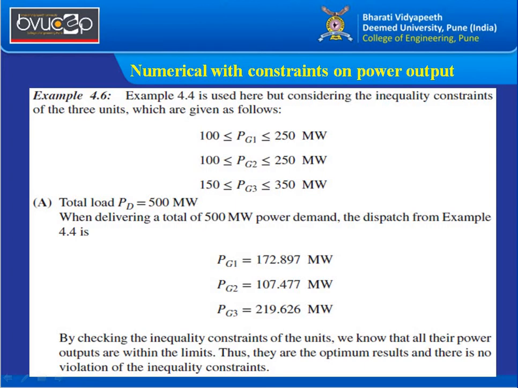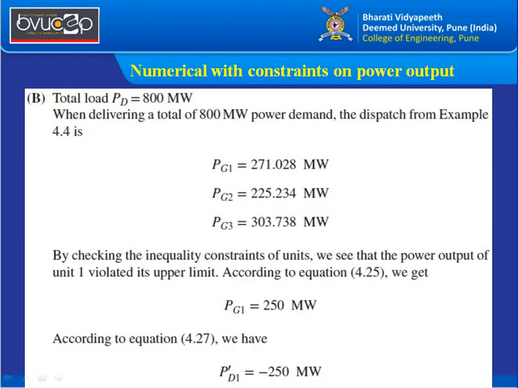For getting the optimum result, we set a particular range depending on the characteristics or the generation level and how it is going to affect. After setting that range, you can calculate the value and check whether it is within the range or not. If it is within the range, then it is the optimum result and there is no violation. If it is violated, then you have to make certain adjustments in order to achieve the optimum results. That is why we call this optimal power flow analysis with economic dispatch. It is very helpful for calculating the load demand satisfaction.